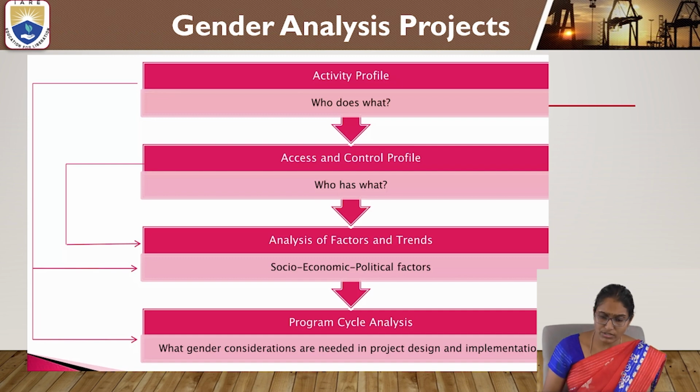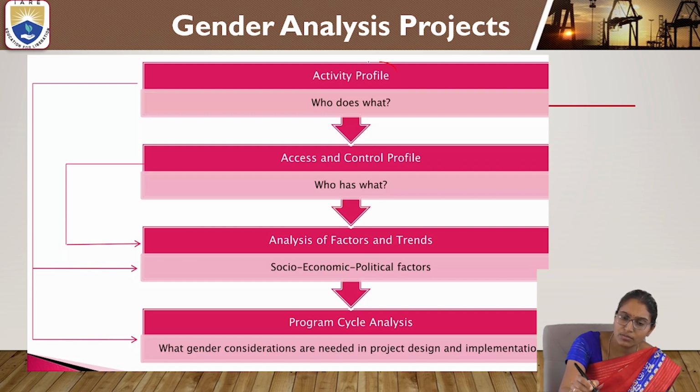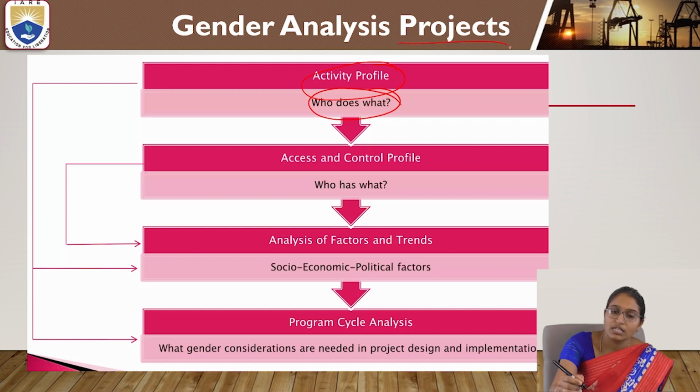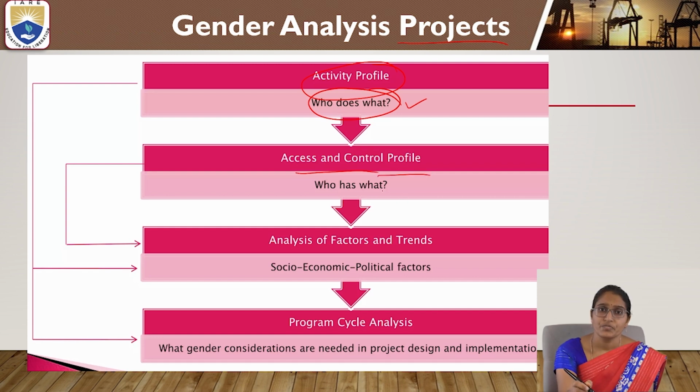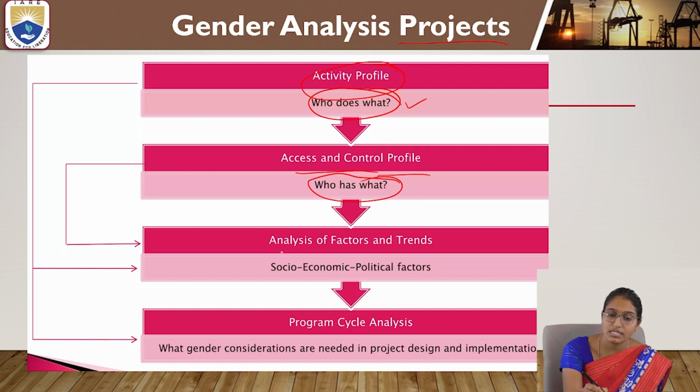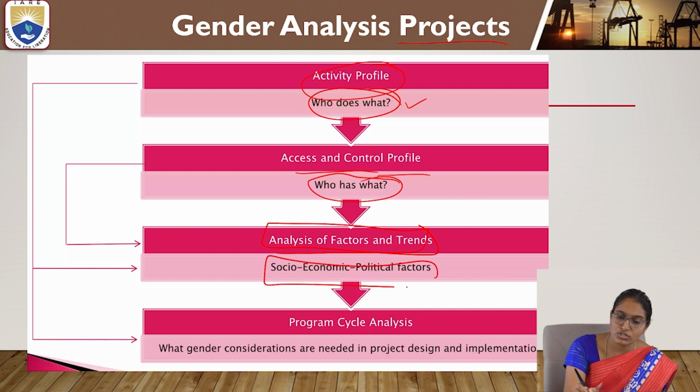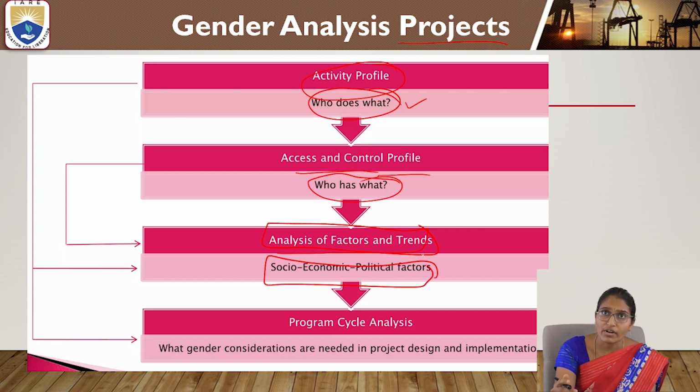Then once you have all these factors in your set, what is the activity profile? Who does what? It is based on the gender analysis projects. How they will do it is the activity profile. In that, you are finding out who does what. And then the second one is the access and control profile. This is tool 2. Who has what? And then analysis of the factors and the trends. This is tool 3. It gives the socio-economical as well as political factors. Then after analyzing